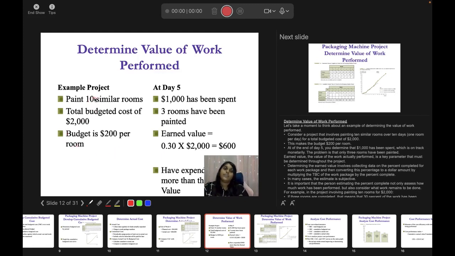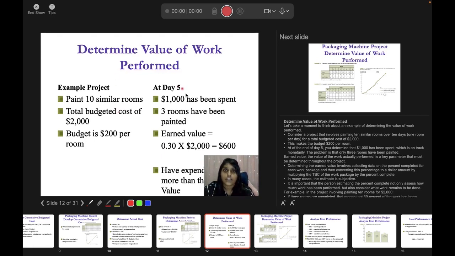right? You have 10 similar rooms, your project is to paint 10 similar rooms, you have 2000 as your total budget, and it is $200 per room, right? So that means you have 10 days to do this, right? You are going to assume that you have 10 days to paint these 10 rooms, and you have a total budget of 2000 and 200 ringgit per room. That means each day you need to paint at least one room, and for one room it is going to be